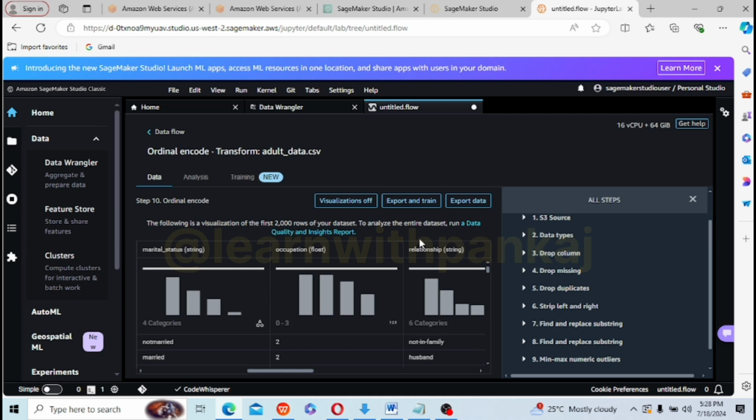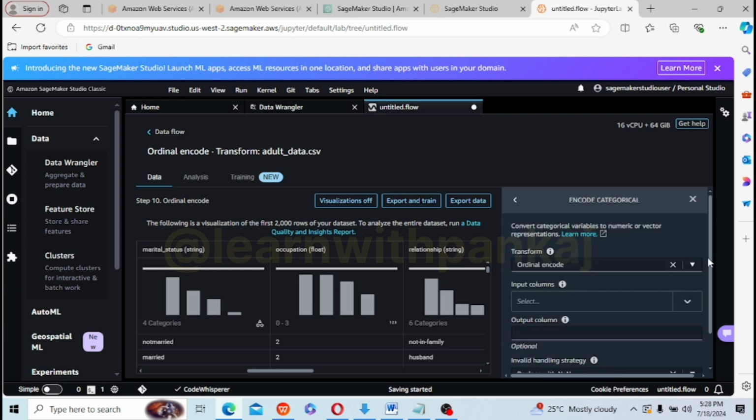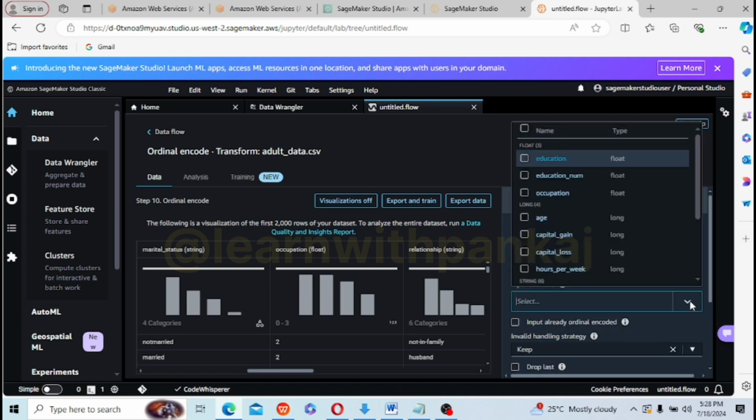It transforms the sex column into 2 columns, one for male and one for female, using one-hot encoding. Now let's do that kind of transformation, and we are going to implement it for the rest of the columns, right? In order to do that, we have to again go to encode categorical. Here, instead of ordinal encoding, you are going to select one hot encoding, and then select the columns. There will be multiple ones.